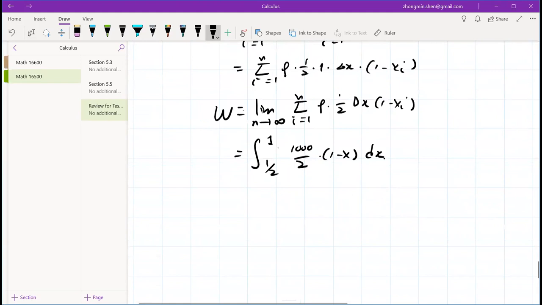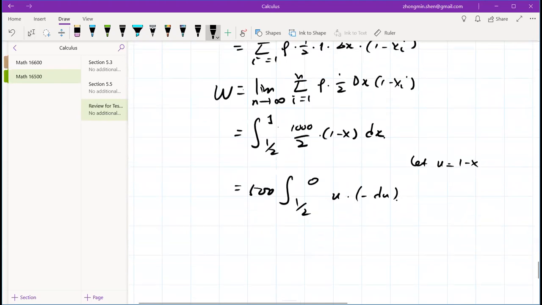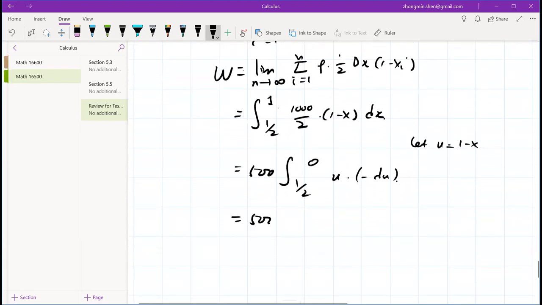The substitution is you let u to be 1 minus x, right? So it's 500. When x equals 1/2, that's 1/2. When x equals 0, and this u and the negative du, right? So that's turned upside down. So the antiderivative of this will be half of u squared. And I will get,